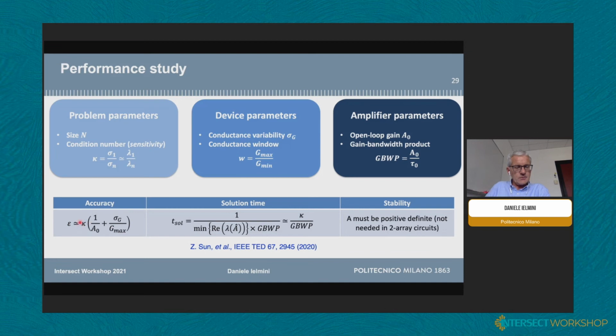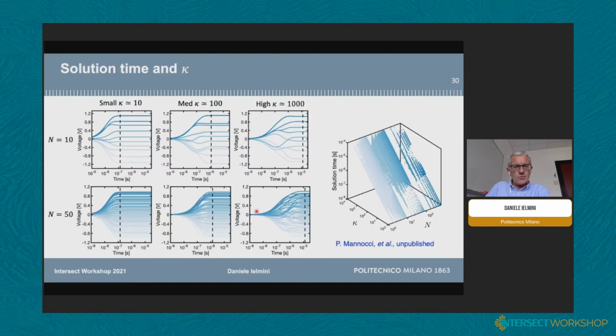Here, the condition number is controlling both the accuracy and the solution time. Here, in fact, the solution time is basically proportional to the condition number. And in fact, we have done some analysis of the computing time here for two different sizes of the matrix, 10 and 50. And this shows the transient